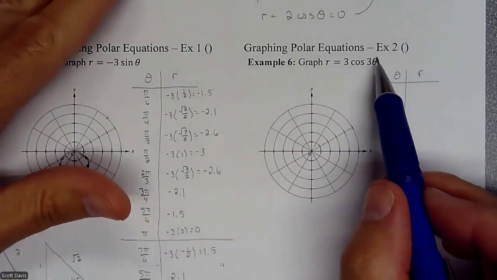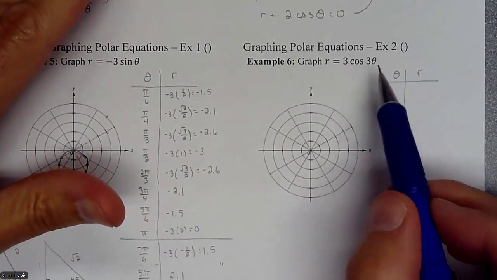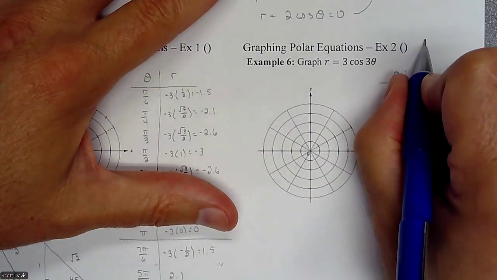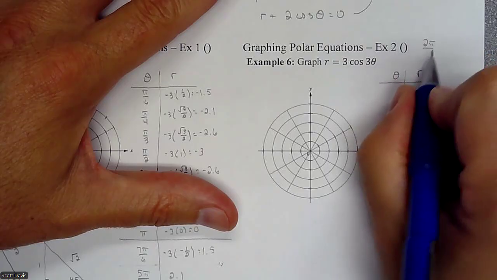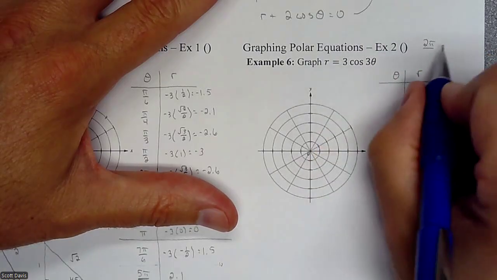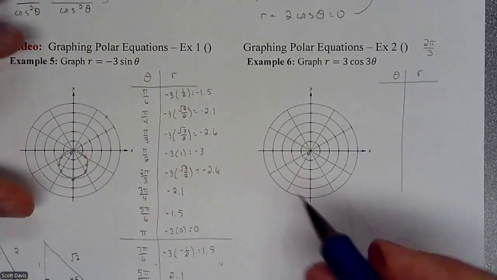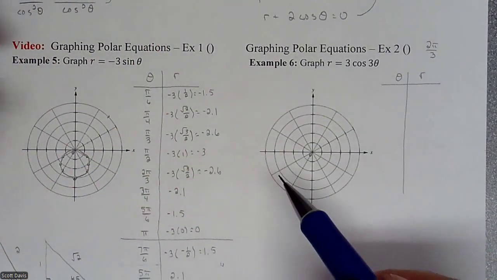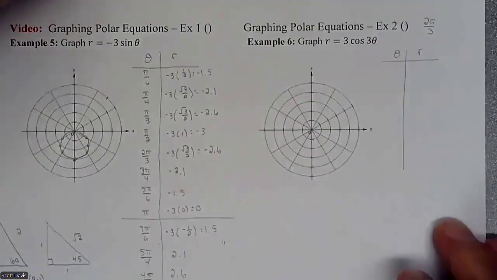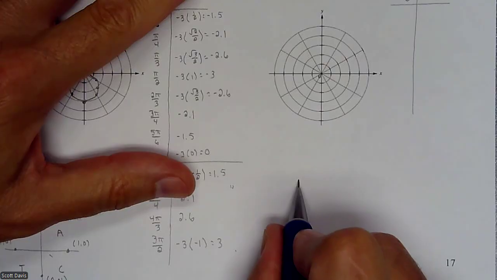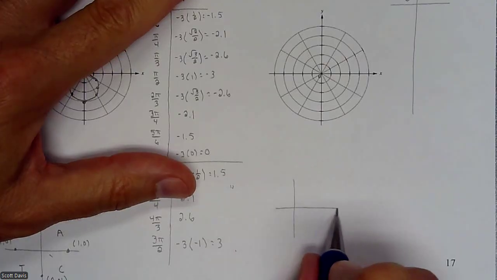If you remember back, this changes your period, how often your graph cycles through. So the period was always 2 pi, but then it was being divided by that b value. So that's our period. I don't want to do all these values to plot a whole bunch of points. So I'm going to go back to how we graphed a cosine graph, where we focused on